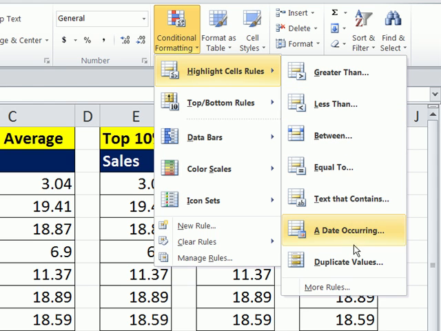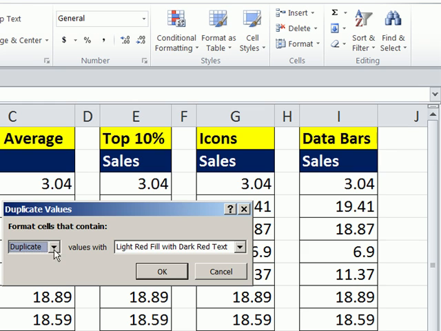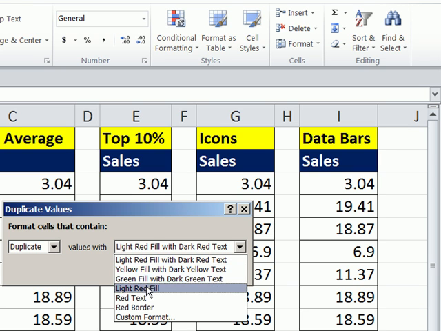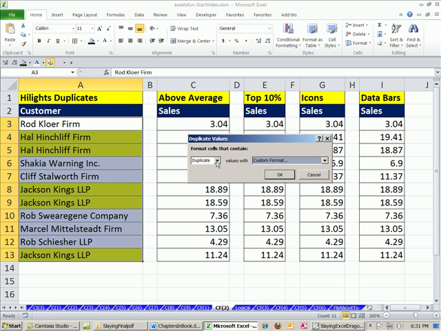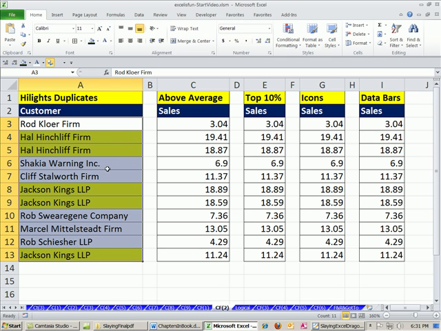Greater than, there's a bunch of a date occurring, text contains, equal to, and there's our duplicate values. Duplicate right there. You can choose any color you want, but really custom down here gives you the full freedom. You don't have to use those built-in ones. And then you can say whatever color you want. Click OK. And you can see it's already highlighted, and click OK. So it immediately highlights